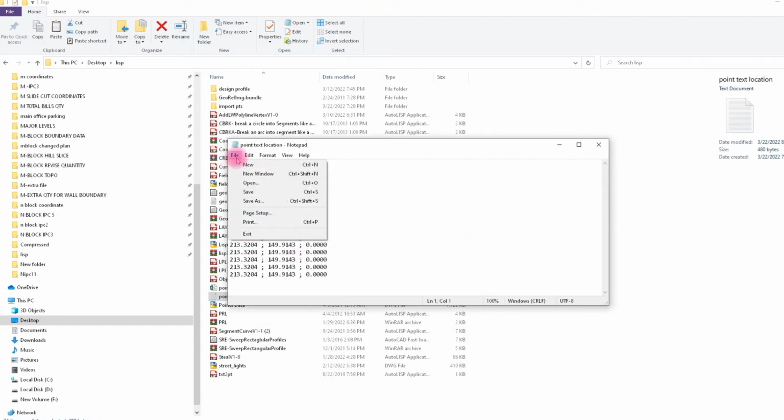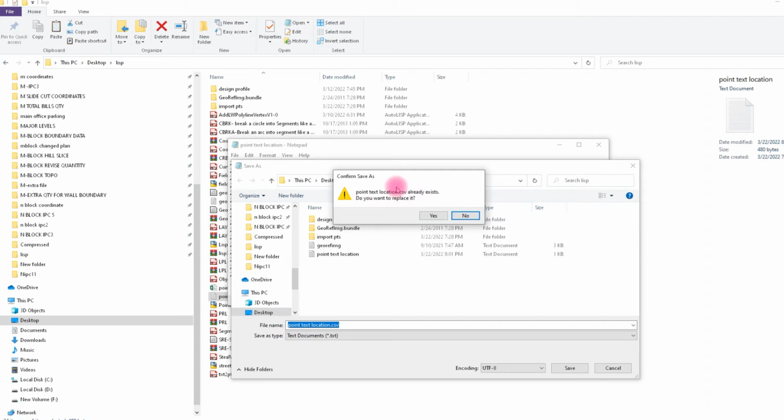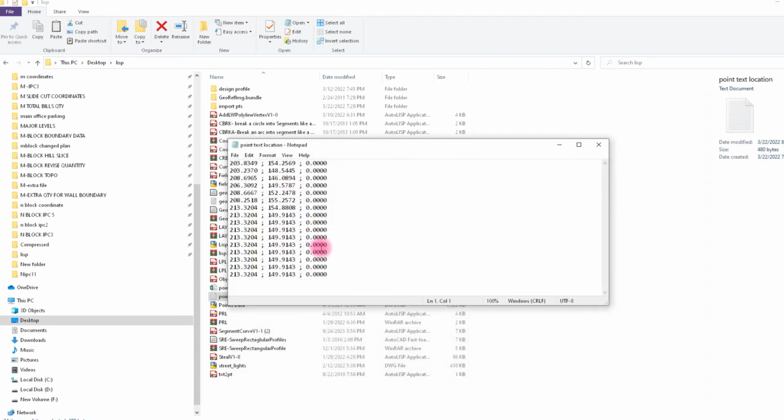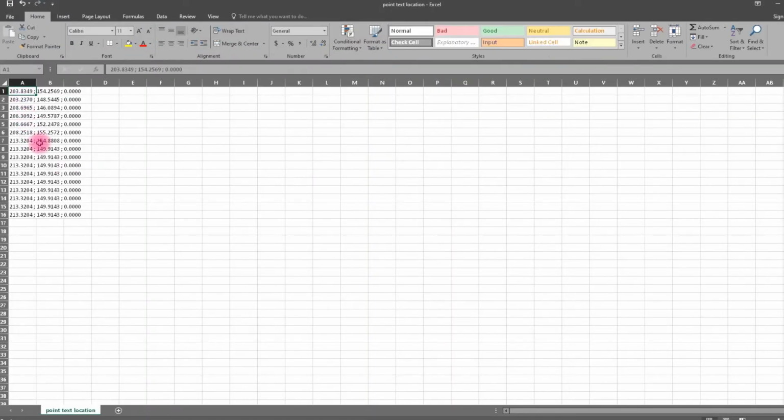Now we save as a CSV file, and we just type here a dot and CSV and save as. This file is already saved. We replace this file again, and this is the point now, and this whole text in